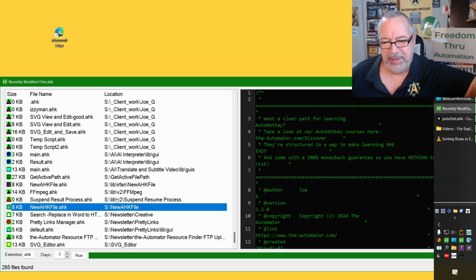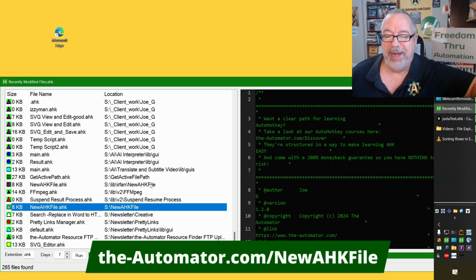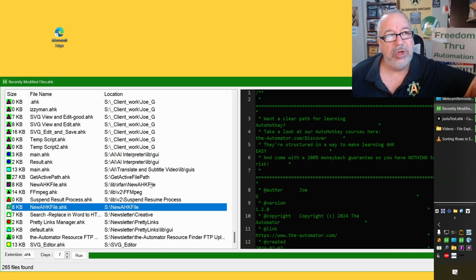Here's the new HK file. Irfan created his own because he wanted to take advantage that he has Get Active Path installed, and he will have an option to create that file locally where his editor is instead of having it in a default folder, which I did. And the Get Active Path is a pretty complicated advanced script, and depending if you're in